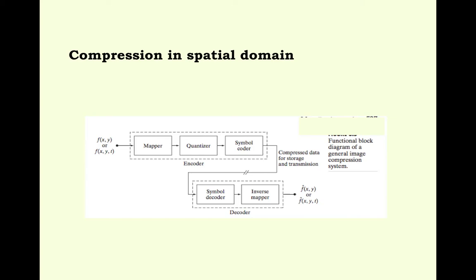After that, it is passed through the transmission line, and after receiving the signal or information, the reverse process takes place. The symbol coder on the sending side becomes a symbol decoder in the receiving section. After decoding, the inverse mapping restores the information that was left, according to some predefined algorithm, and after that the required image is restored. So this is the complete system of compression and decompression.